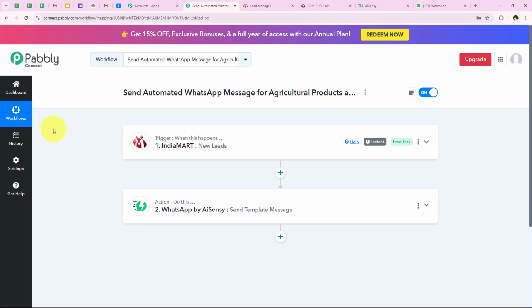So yes, with this we have successfully sent an automated WhatsApp message to our lead, and with this we have successfully completed our workflow too. But I'll just summarize this workflow for you once. For the trigger application, we selected IndiaMART. For the trigger event, we selected new leads. For the action application, we selected WhatsApp by ASNC, and then for the action event, we selected send template message